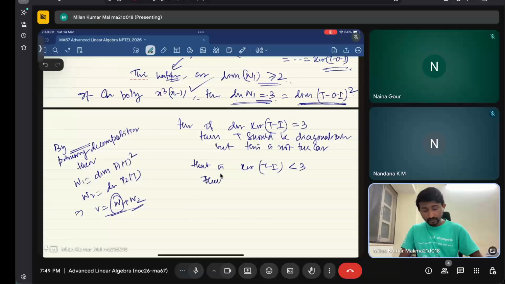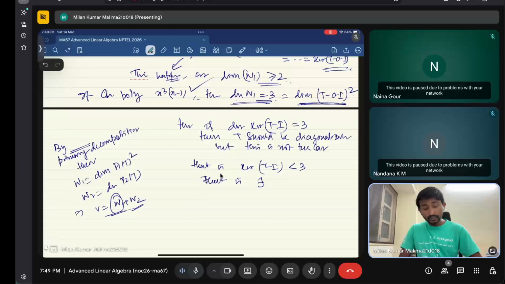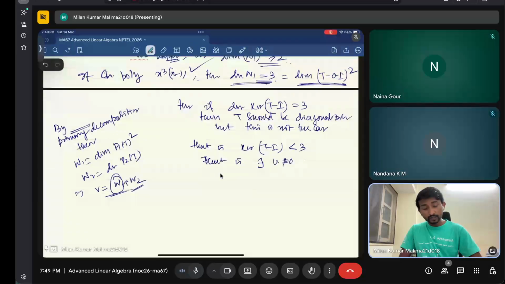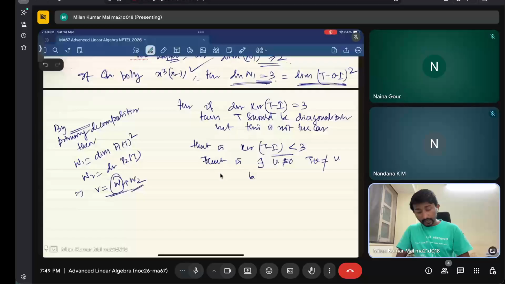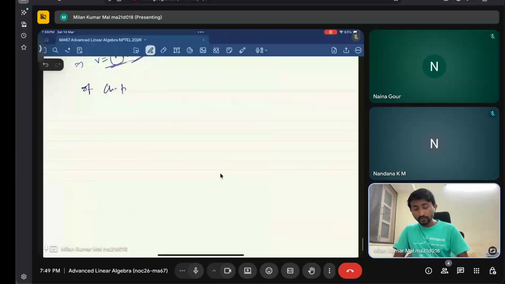That is, there exists a vector v not equal to 0 such that Tv is not 0, because that is not in the kernel. That is what I wanted to say. But T square v equals 0. This is all for the characteristic polynomial, x cube minus x. The characteristic polynomial is x cubed times (x minus 1) squared, right? Then W1, those are as it is. Then the dimension of W1 is actually 2,